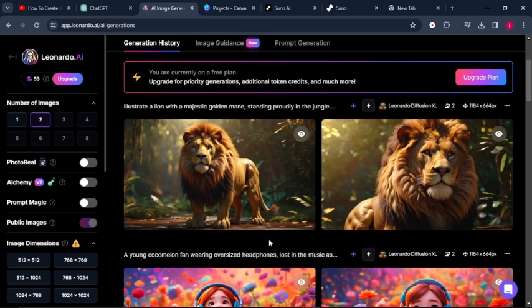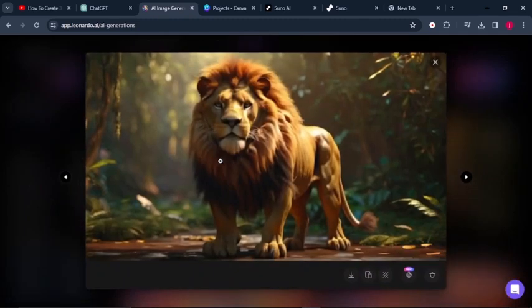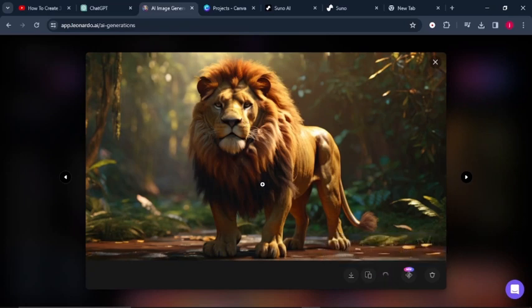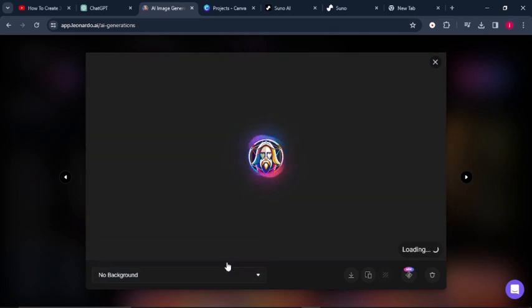There are two things that we can do from here. The first is we can download it as it is, or the second is we can click on the image and come to this background bar and remove the background so that we just remain with the lion itself. It's up to you what you want to do. This works much better if you don't like the background that it has generated. But I really love this background. It's very stunning. When you've removed the background, it will look like this.